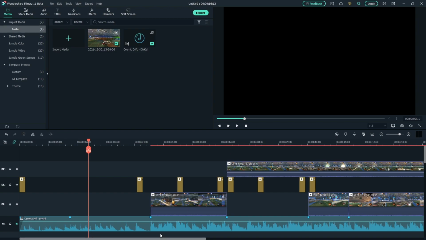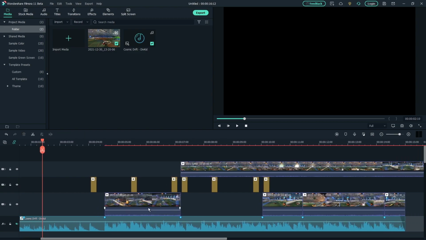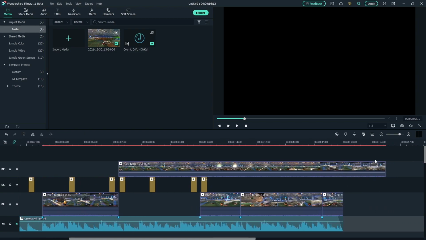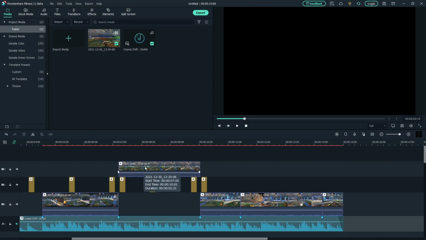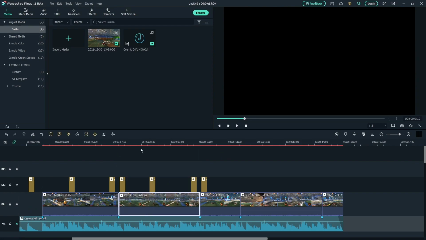Now the reason why I'm doing that is because if I scroll over to the right using the bar at the bottom, I can actually drag the end of the clip to be in line with the start of another clip. And once I'm done that, I can drag it right back down into the first video track. And now if I hit play and enable music,